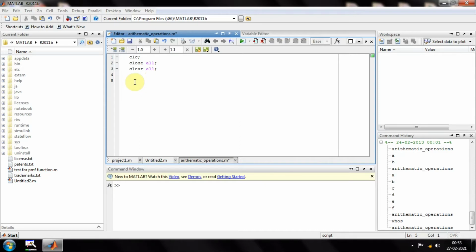After that, I need a plot function in order to explain xlabel and ylabel. Basically, xlabel and ylabel are related to plots. In plots we have an x-axis and a y-axis, and labels are required to identify what is along the x-axis and what is along the y-axis. You writing the code will understand what is happening in the plot, but someone new to MATLAB will find it very difficult to understand, because you have not mentioned what is along the x-axis, what is along the y-axis, and how they are related.